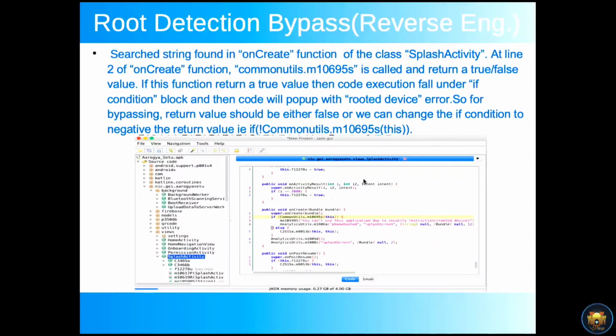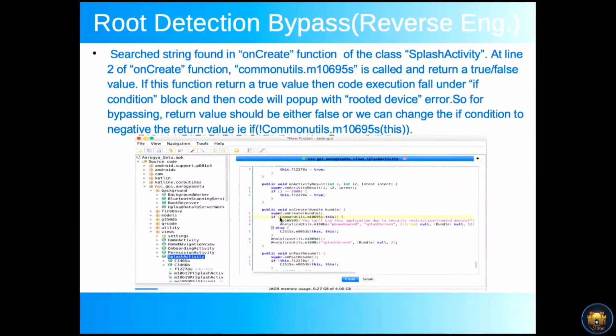This function returns a true or false value. If it returns true, the next block executes and pops up, you cannot use this application due to security restrictions, rooted device. That will give an error. If this function returns false, the cursor will not jump into the if block but to the else block, and it bypasses this restriction.